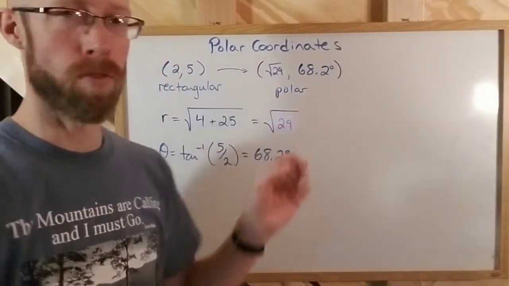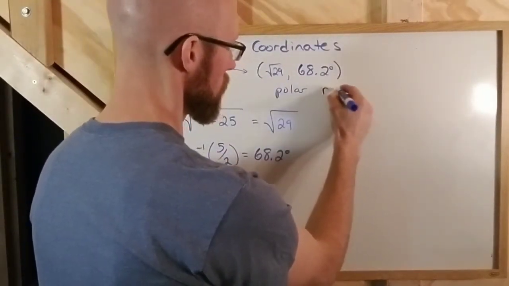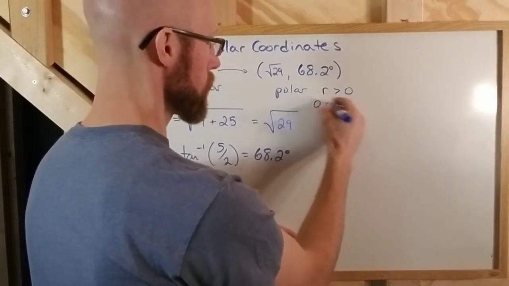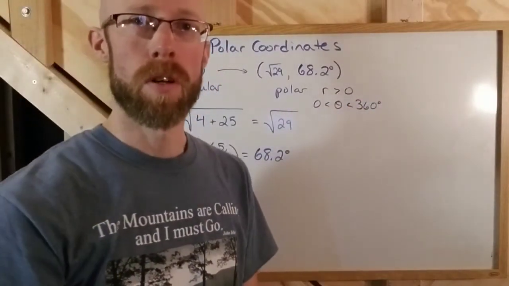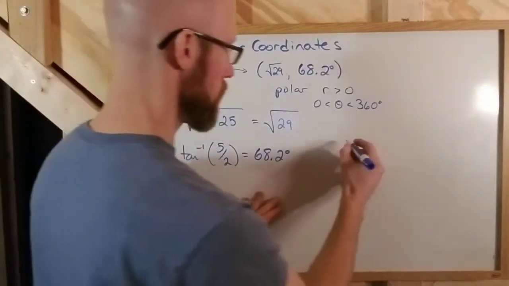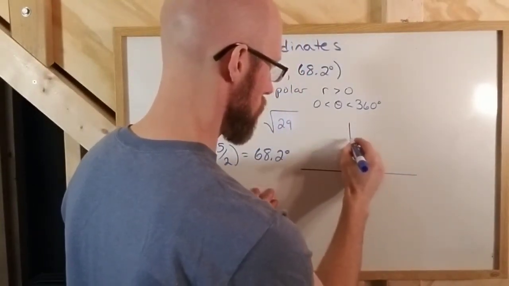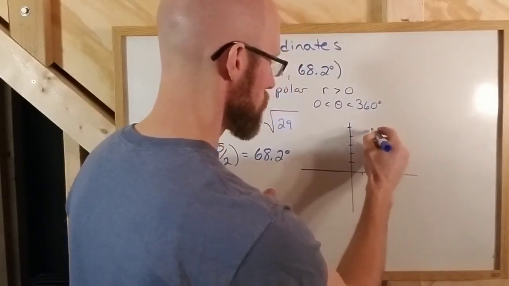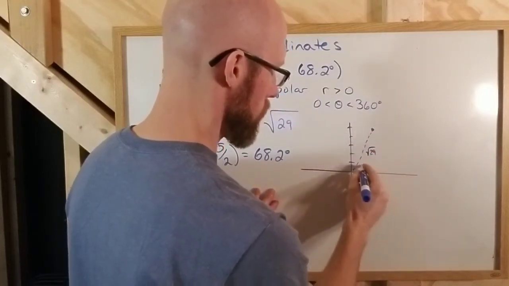Now again, this is polar form with two conditions. One of them is that the radius is greater than 0. The other one is that theta is between 0 and 360. Okay. However, those don't have to be the case. We can have negative radius. So let's say for a moment, now, if I were to sketch this out, the point at (2, 5) over here has a radius or distance to 0 of square root 29. This angle is our